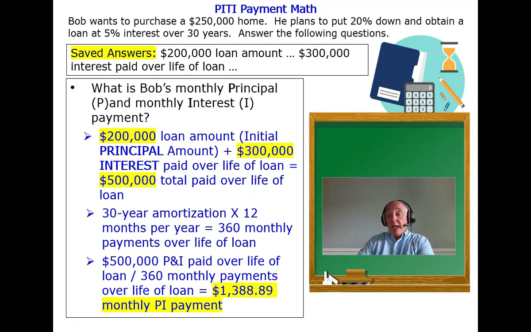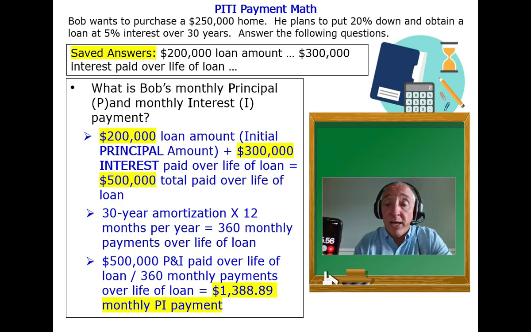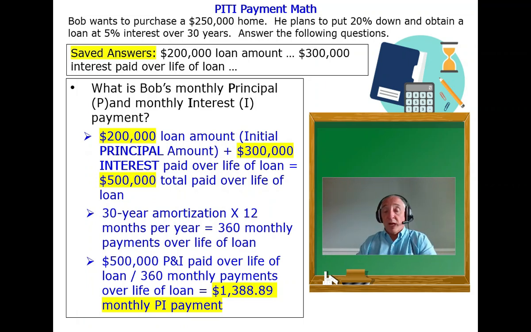So if we took $1,388.89 and subtracted $833.33 from that, that means we're paying $555.56 in principal and $833.33 for interest. So if I took that loan, which was $200,000,